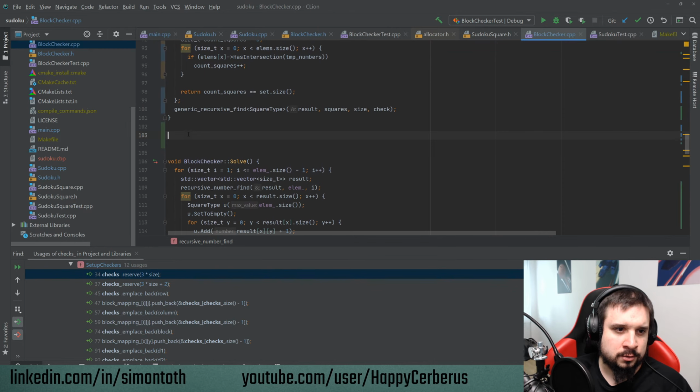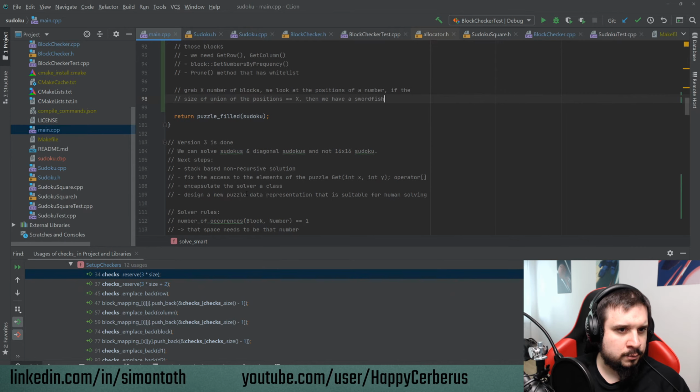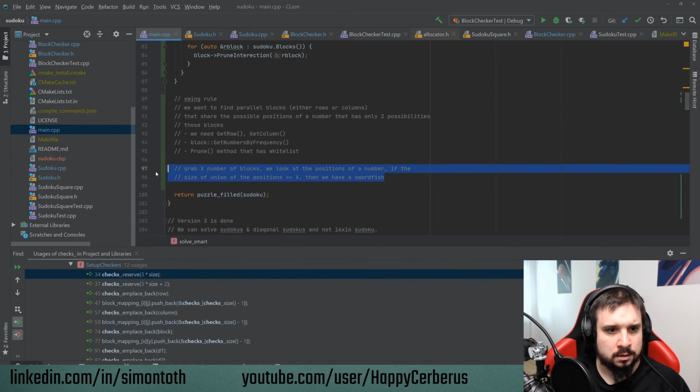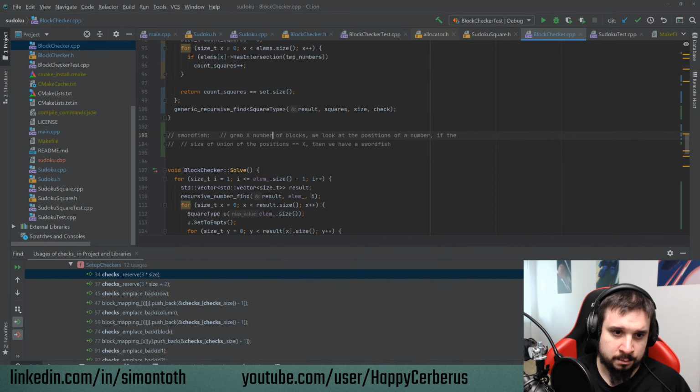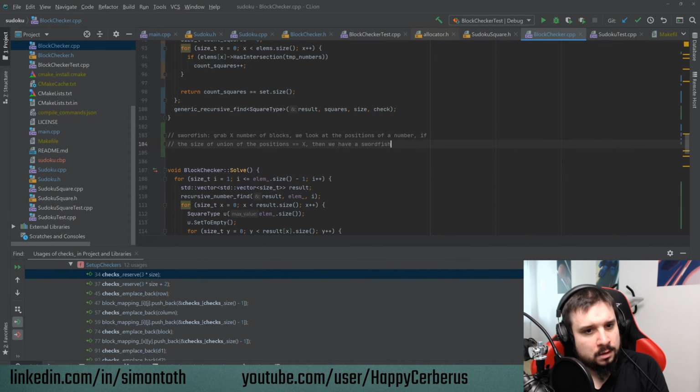So what are we trying to look for? So this is swordfish. I have written this down somewhere. Yes, okay. We grab X number of blocks. We look at the positions of a number. And we kind of want to do this for all the numbers, I guess. If the size of the union